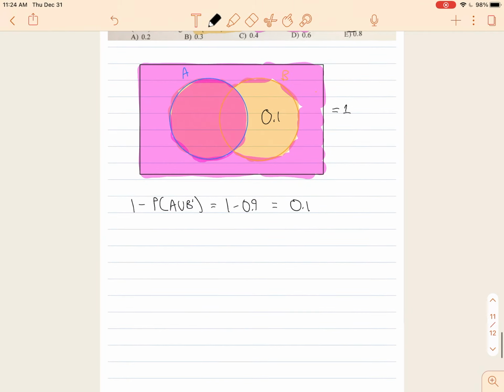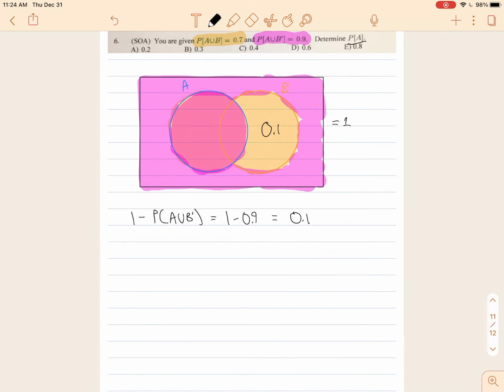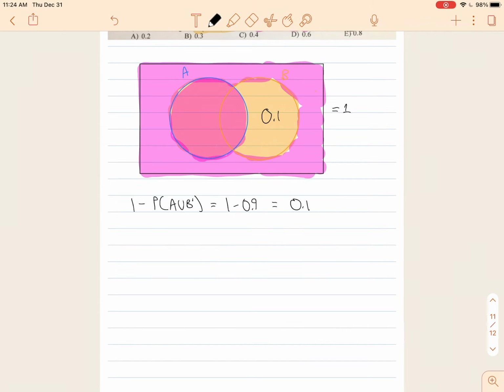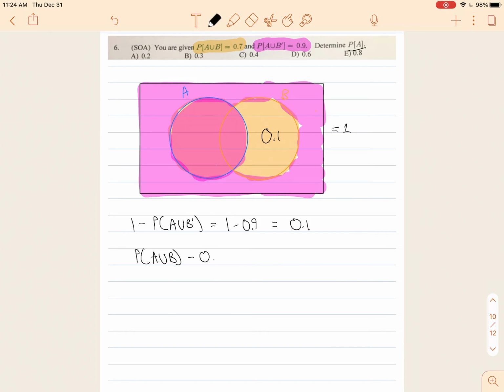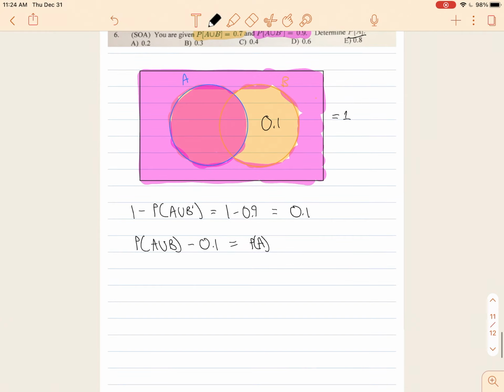Now we know the probability of A union B is 0.7. That's this orange part right here. You can't really see it because it's kind of blended here, but we take the union, this whole portion right here, the two circles together, and then you just subtract 0.1. And that's just going to give you probability of A, which is what we want. So it's pretty simple. It's just going to be 0.7 minus 0.1, which is equal to 0.6. And that's your answer,